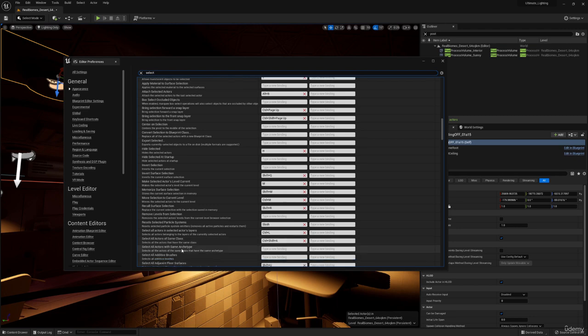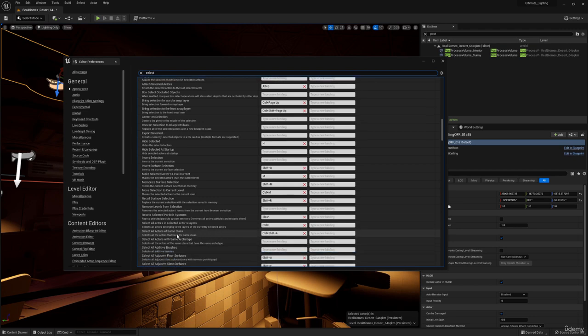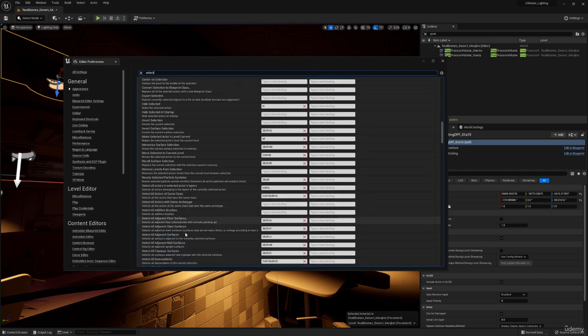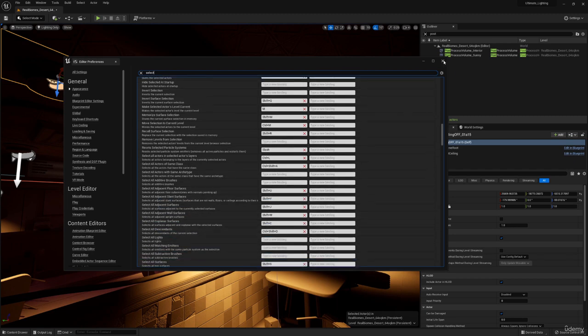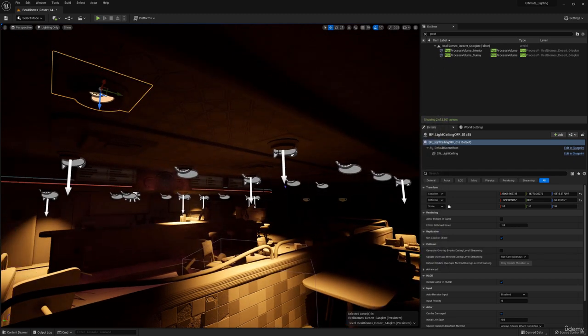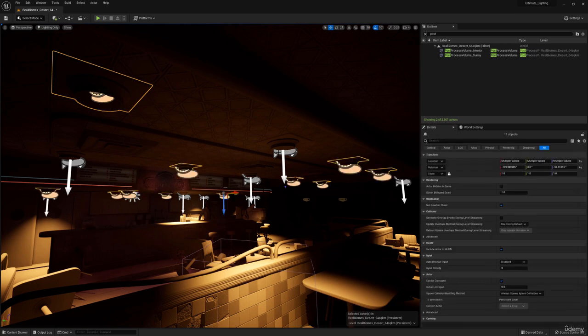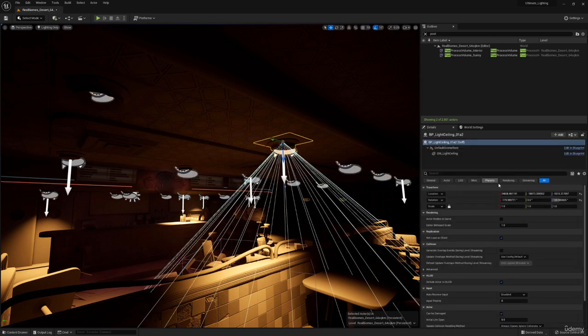Control Shift A, that might be the one. It is, that's a bit unfortunate. Okay, let's try this. Control Shift A. There we go. So this is the other one. And so what we can do is we can take this guy here